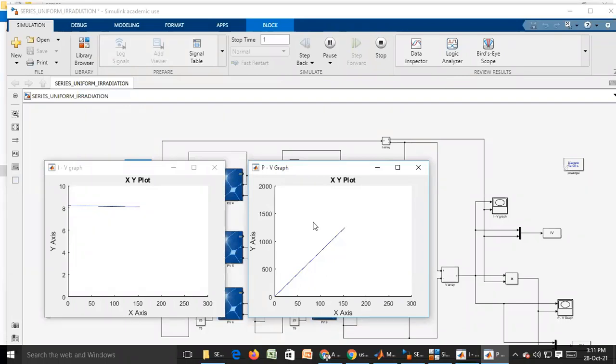Power ratings may change, but the global maximum power point will be only one point. The IV and PV curves will be uniform, and ratings may change based on the number of PV panels or PV arrays you are connecting.